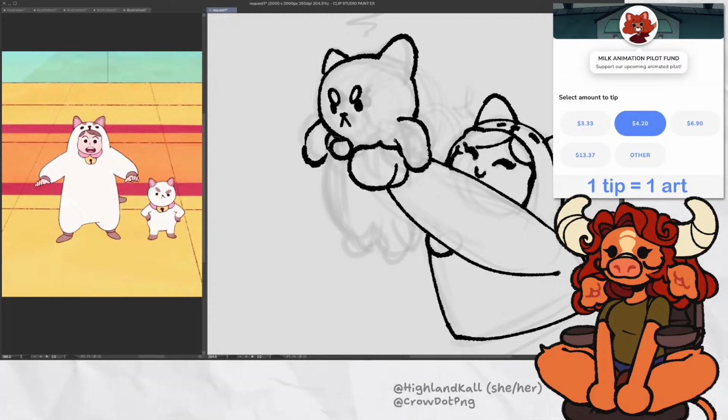Oh right, that's his collar. So Bee's hand is going to be right here. And there we go. And then add the bell.